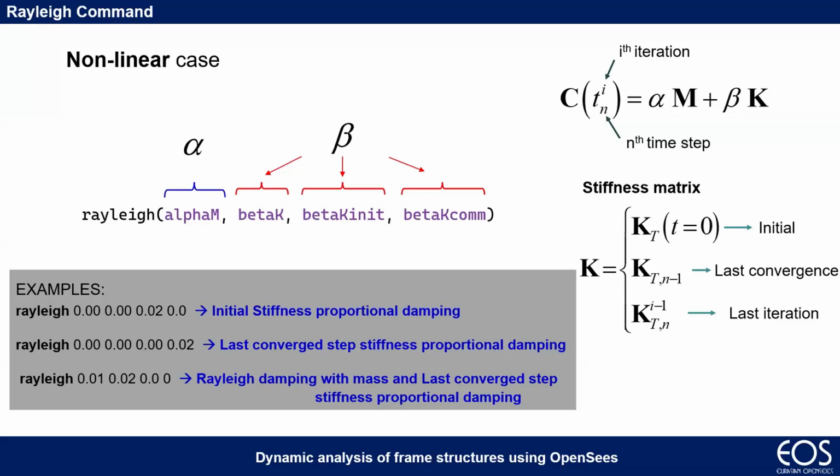Otherwise, I can use last convergence, in which I'm using the tangent stiffness at the step before. The last step I found the convergence, okay? Otherwise, I can use last iteration, that is last committed. So it's just at the step I'm running the analysis, I'm running iteration I, I'm using the stiffness of iteration I minus 1, okay? So the same time step, the previous iteration, okay? So you can declare one of these,